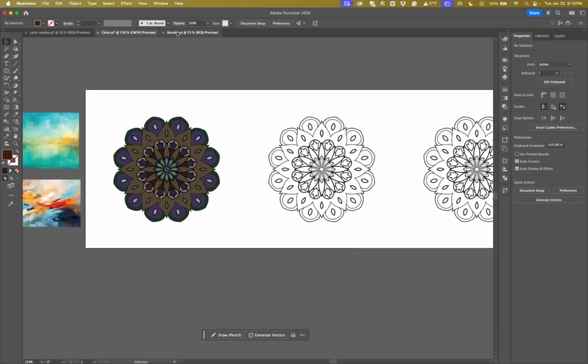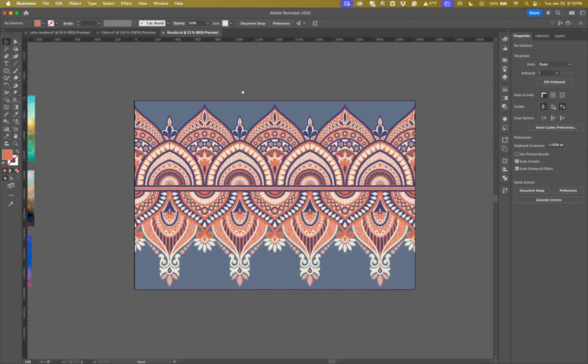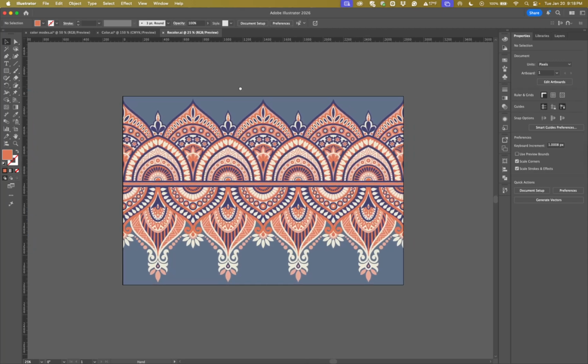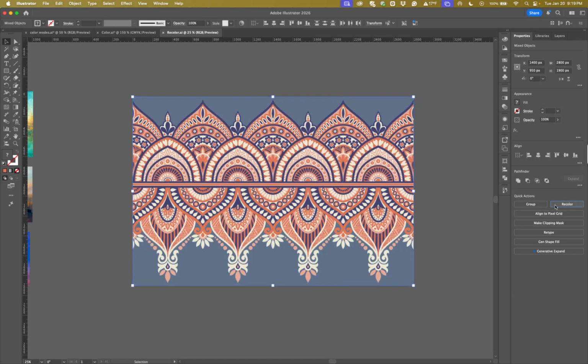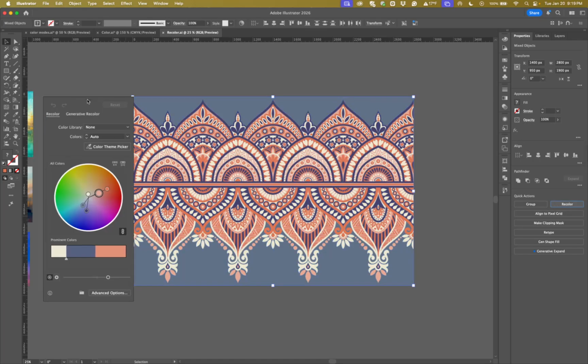Okay, I'm going to do the recolor in this file here instead. So I have in this color, I have this cool pattern in here. Okay, so I already have an existing pattern. I'm going to go ahead and select it. I'm going to go to recolor. And I'll do the same thing here where I go to the